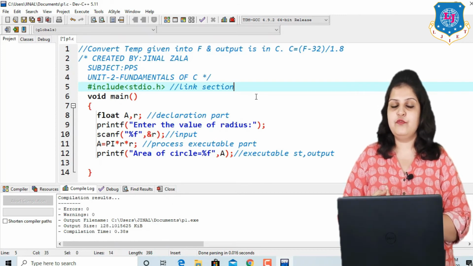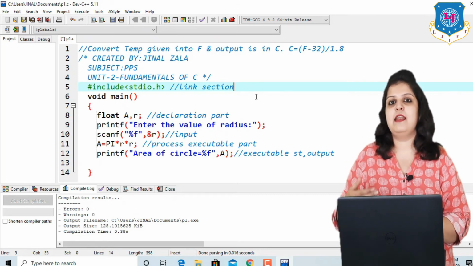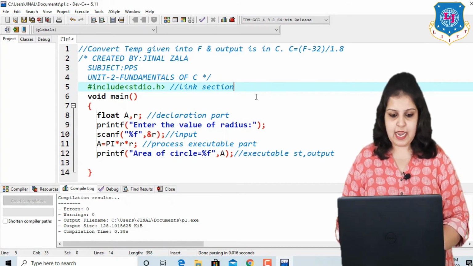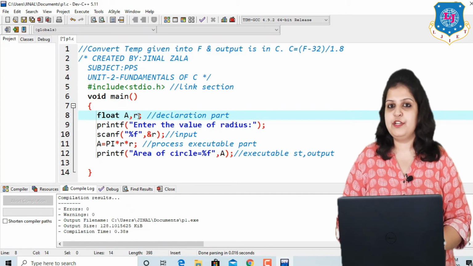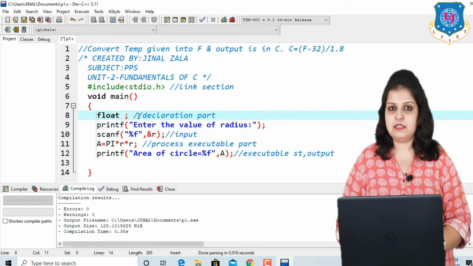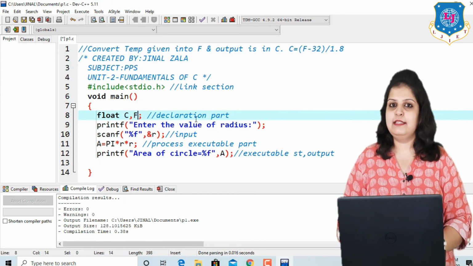So for temperature we have to take two variables, one for Celsius, one for Fahrenheit, and our input is in Fahrenheit and our output is in Celsius, and the data type is float because it is possible that the temperature is a real number. So remove the two variables A and R, and instead I am writing C and F, C for Celsius and F for Fahrenheit.